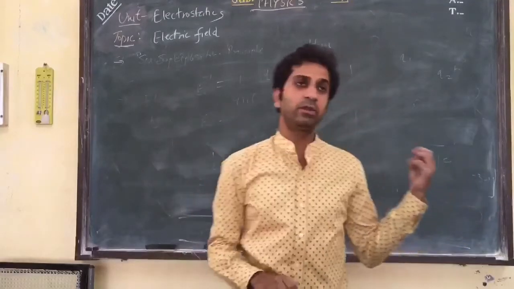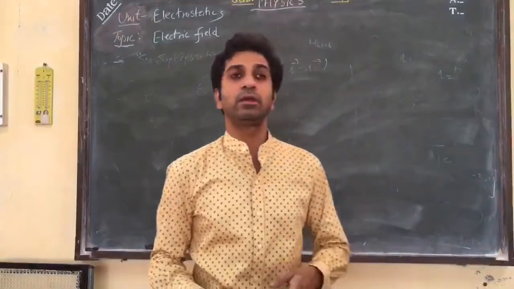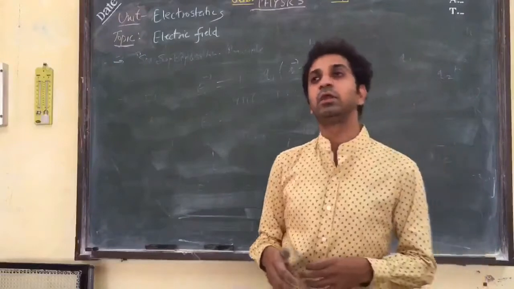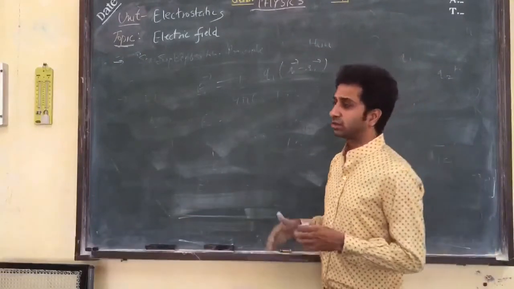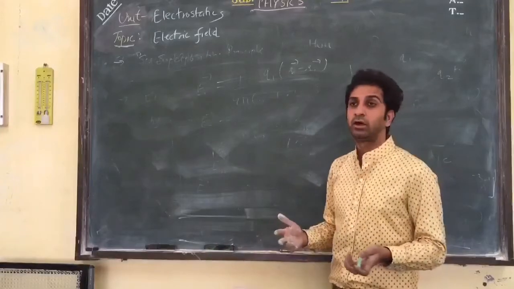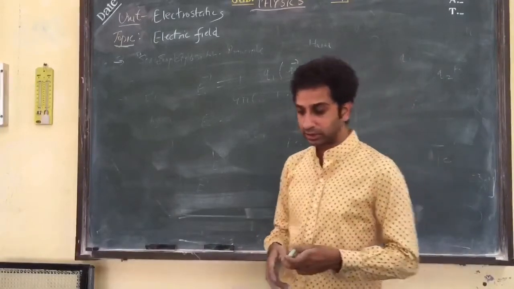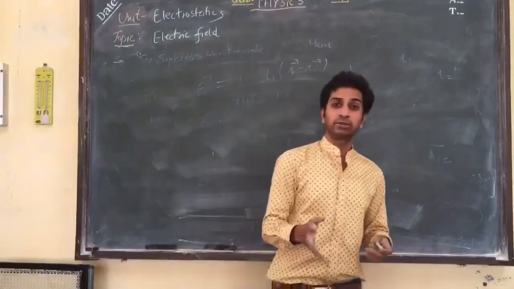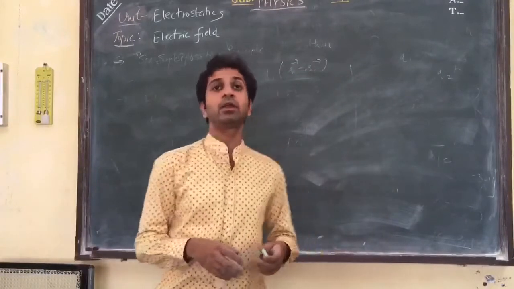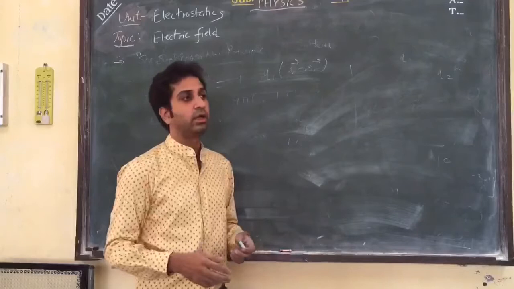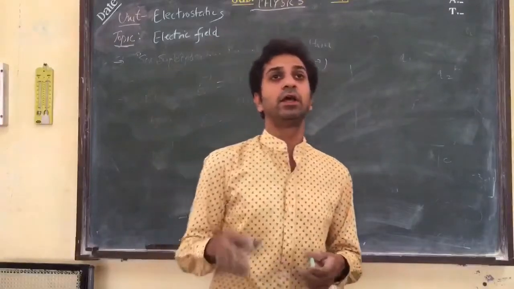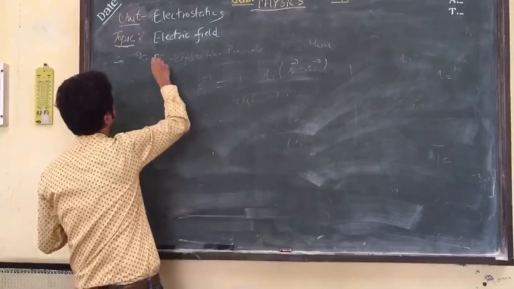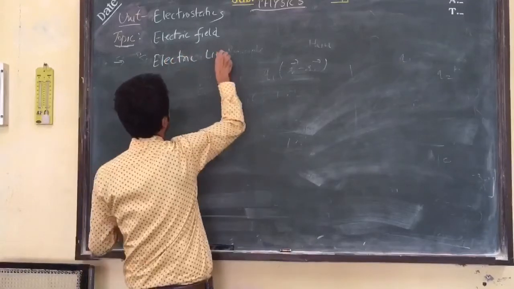Similarly, you can go for the problems for continuous charge distributions, like linear. Already I discussed in the last lecture forces due to linear charge distribution, or surface or volume. Similar expressions you can go for with electric field. You only need to divide, as electric field intensity is given as F by Q naught. So you will get the expression just by putting in the value of the force in terms of lambda, or rho, or sigma. You will get the net electric field intensities for continuous charge distributions also, right? Now, the next main concept is electric lines of force.